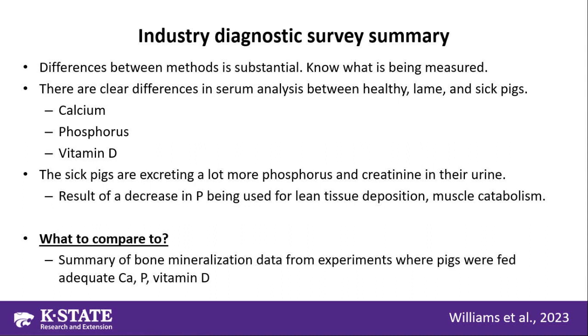There are some clear differences in a number of these different analyses depending on health status: sick, lame, and healthy. So knowing that background health status is important because there can be some significant changes in those results that we get. We didn't have a chance to talk about it on the slide, but one of the interesting findings was that based on health status, we could see some differences in how they're using phosphorus, whether they're using that phosphorus for lean tissue growth, or if they're mobilizing that body tissue when they're in a negative energy balance state,